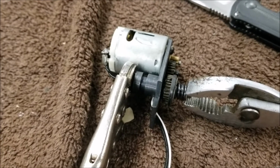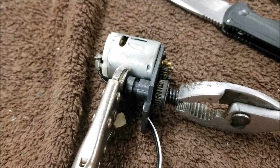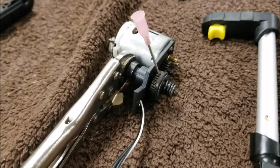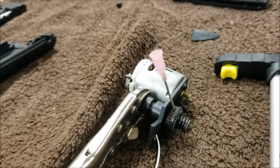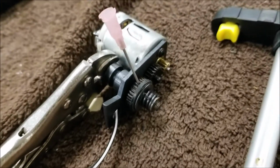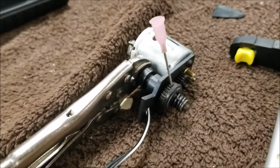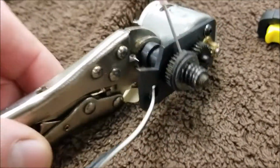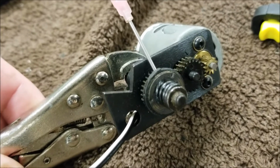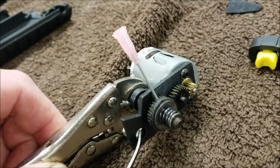And while we're on this, this is also how you can check your clutch tension. When I modify this gear, the reason you get a syringe with some silicone grease is because this is a way that you can lubricate it without having to disassemble the thing and lose your clutch tension. I also drill a small hole under one of those little ears that hits your BB shaker. So if you take the needle off of your syringe